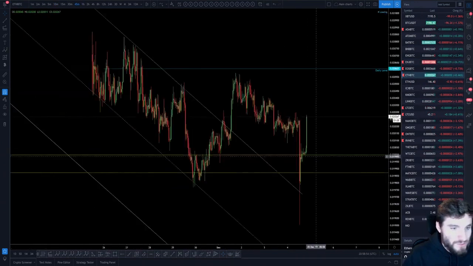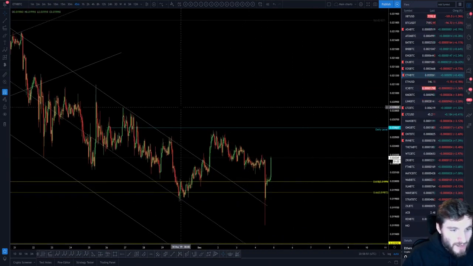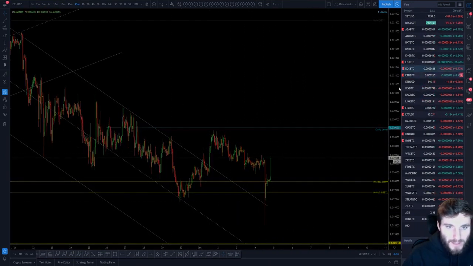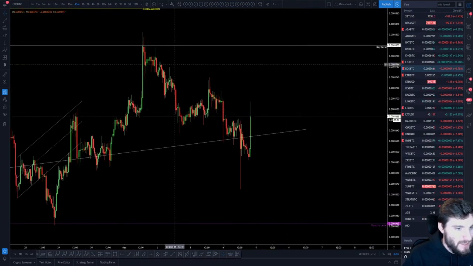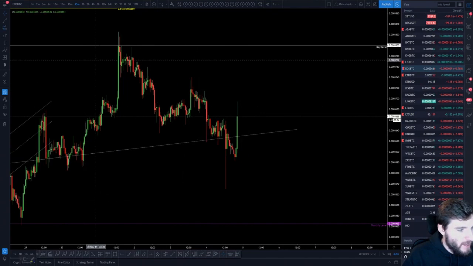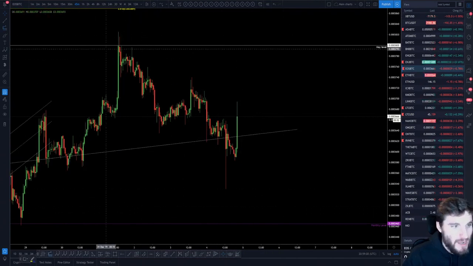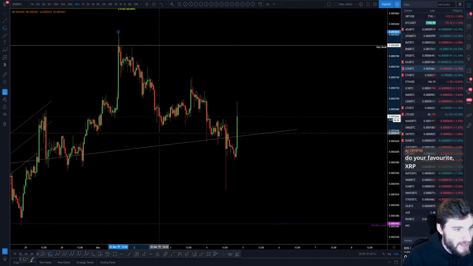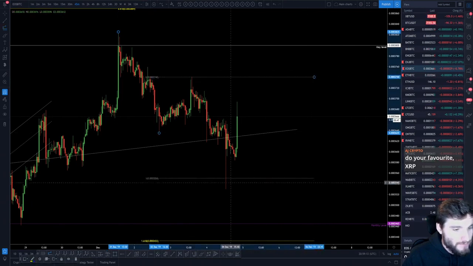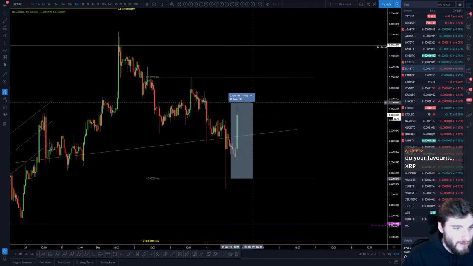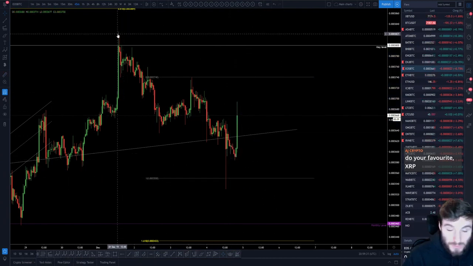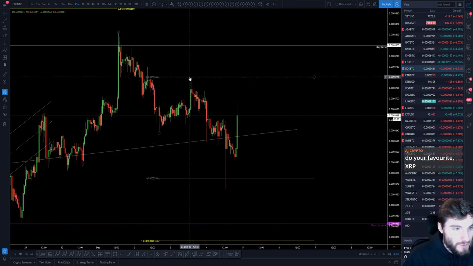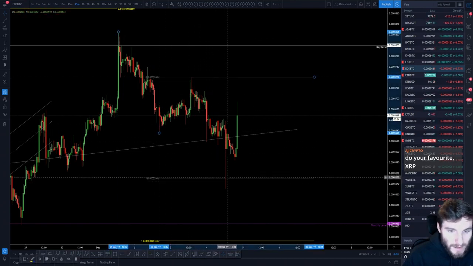I kind of just want to do some more examples for you all. You can't really get an example of this pool here, EOS. So what we could do is, let's say we're expecting more downside on EOS, for example. From high to low to lower high. Oh, it did actually. It wicked onto the 1-to-1, and got a pretty decent reaction off of it. So that was high to the low to the lower high, down onto the 1-to-1.